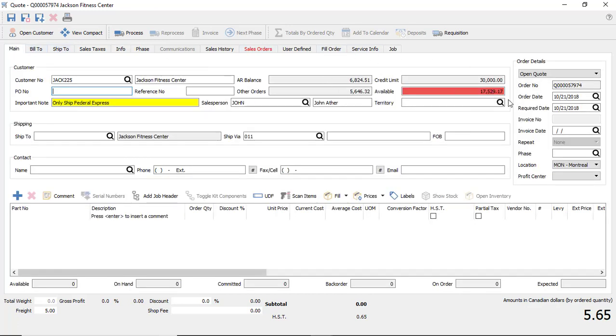As you can see on here, our credit situation also shows that they're in the red. Now, what red means is either they're over their credit limit or over their terms. So any invoices that are over the terms of say 30 days, they will show up as red here as well. So if I need to check on this, I can very quickly just click on the Open Customer button,